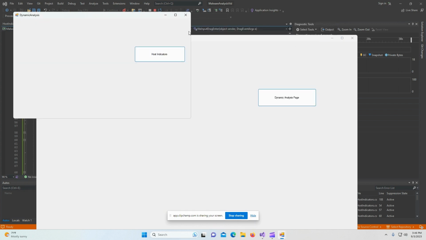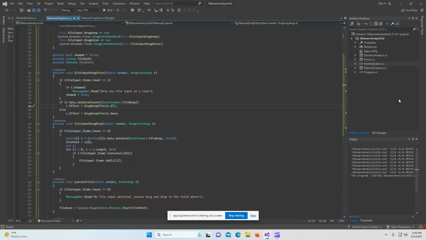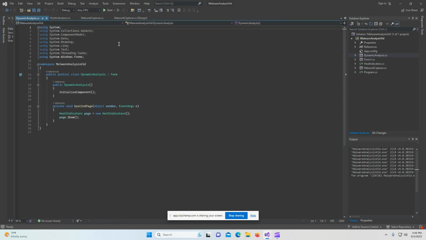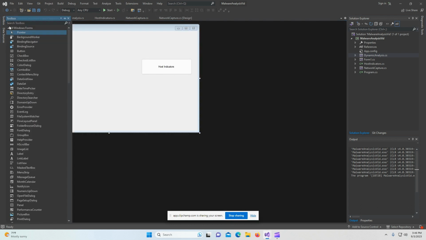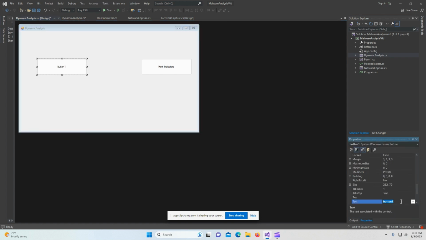Oh, I accidentally opened. Oh, okay. So I actually forgot to. Yeah, in your dynamic analysis.cs page, go to view code and actually view designer and make another button here. Go to its properties, text, and put network indicators. And then for the event clicker, go to event and open network